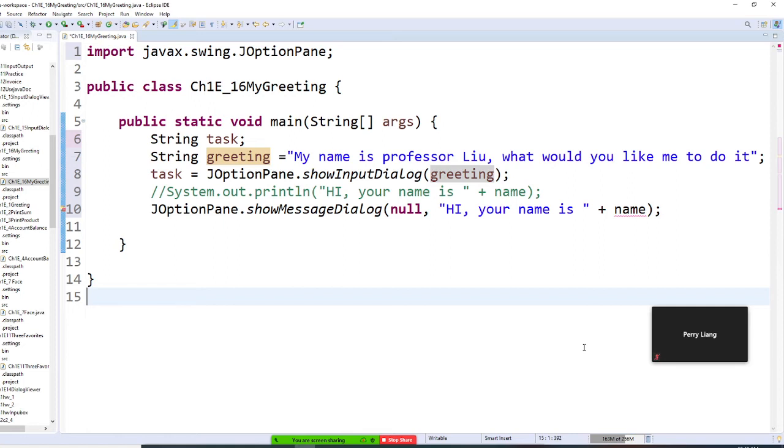We want to be flexible. Not all the time do you ask the same question. The question will be like a setup question there. Then when you put in the input box, you put a different greeting. This time I put my name, Professor Liu. What do you want me to do? Whatever thing will be there.